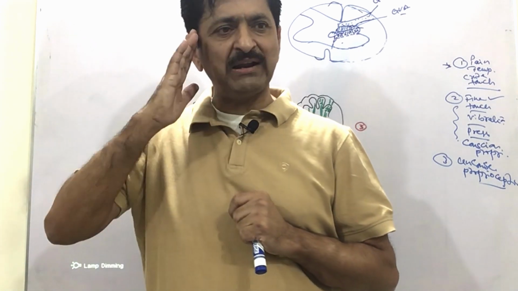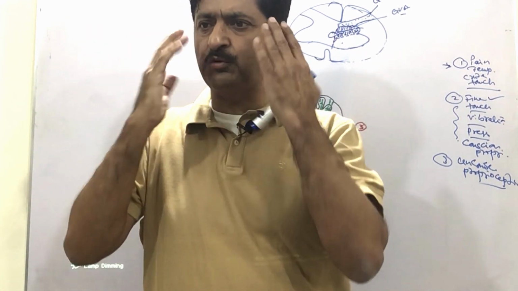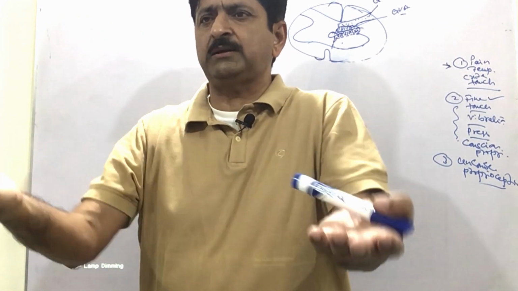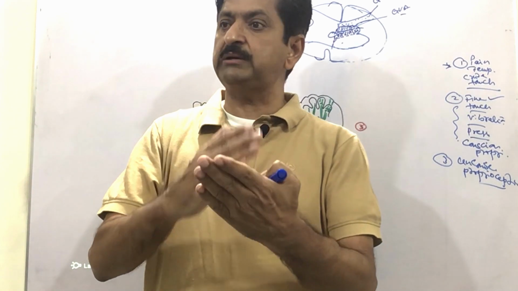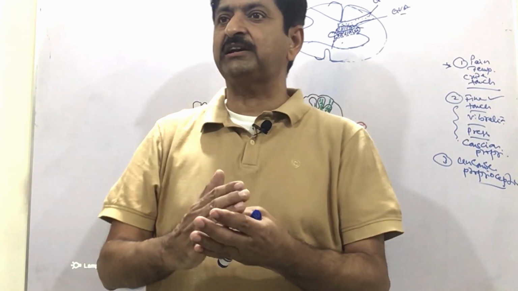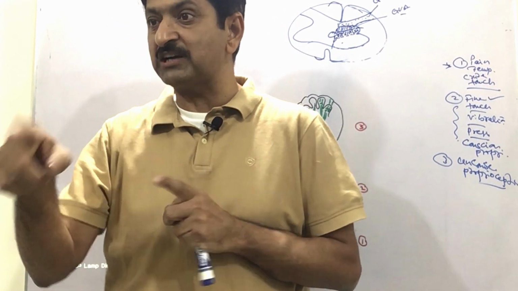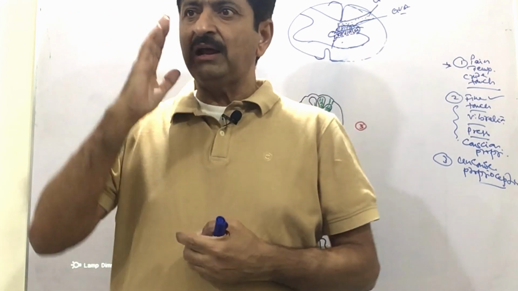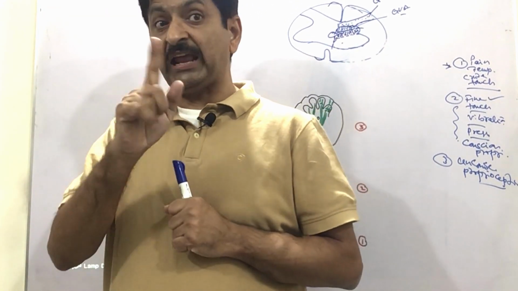So the cerebral cortex, where the primary auditory signals are reaching, will give you just what? Just your hearing. This is the primary function of the primary sensory area. But the primary sensory area is actually handing these over to the secondary auditory area, and the secondary auditory area is a part of Wernicke's sensory speech area. So that means you are understanding these words also. You are not just hearing the voices, but you are understanding them. Means the language area is there.